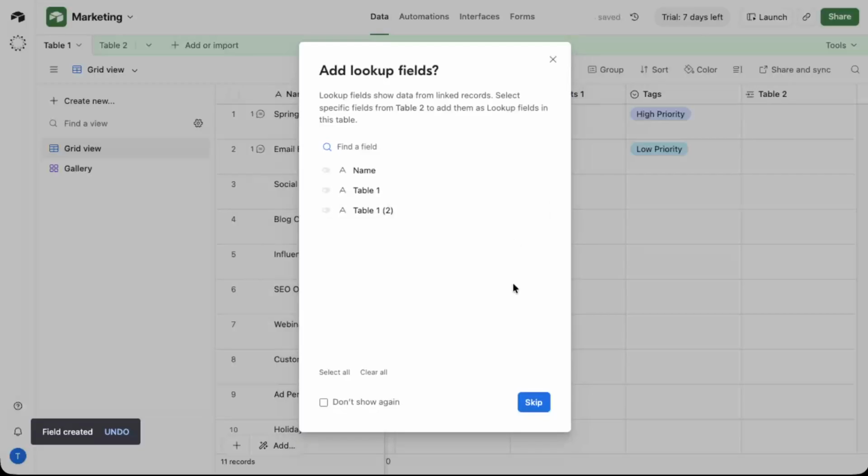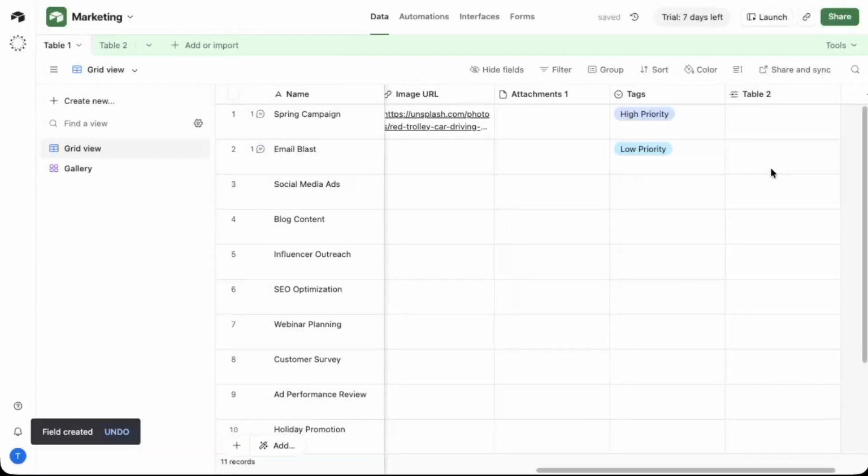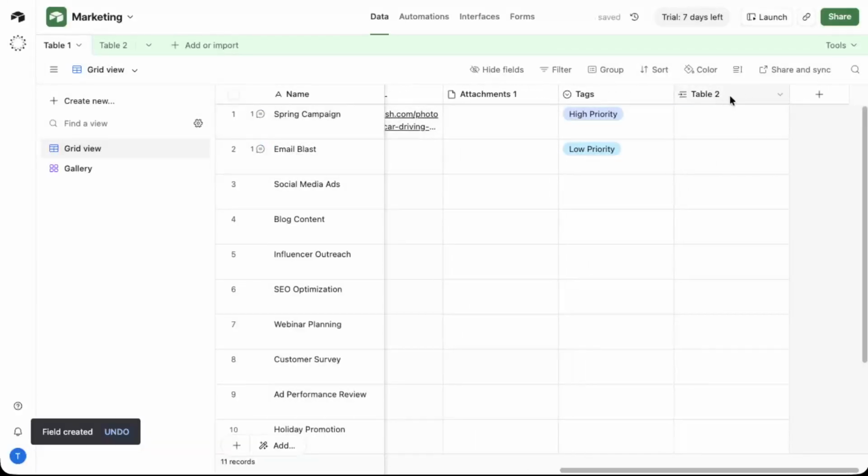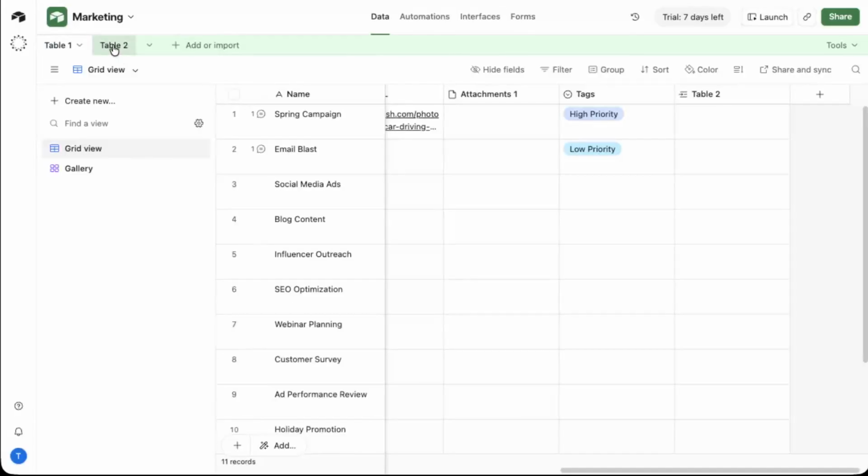Airtable will now add that linked record field as a new column in your table. From this point on, you can start selecting records from the other table to create connections. You may see a prompt offering to create additional fields or lookups automatically. For now, simply click on Skip. You can always come back later and add lookup or rollup fields to pull in more details, but the main sync between the two